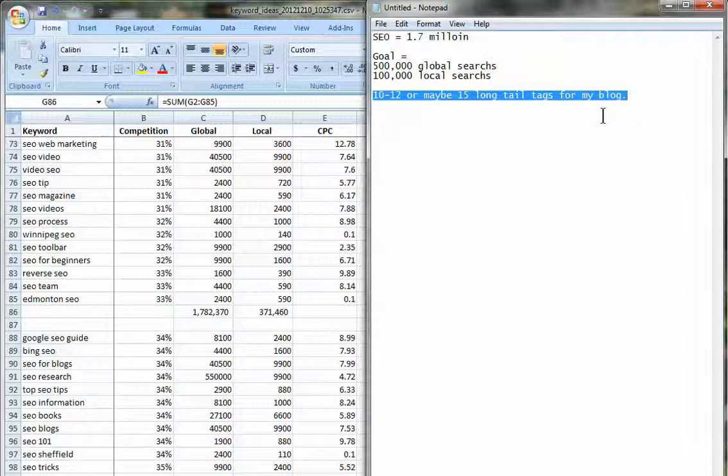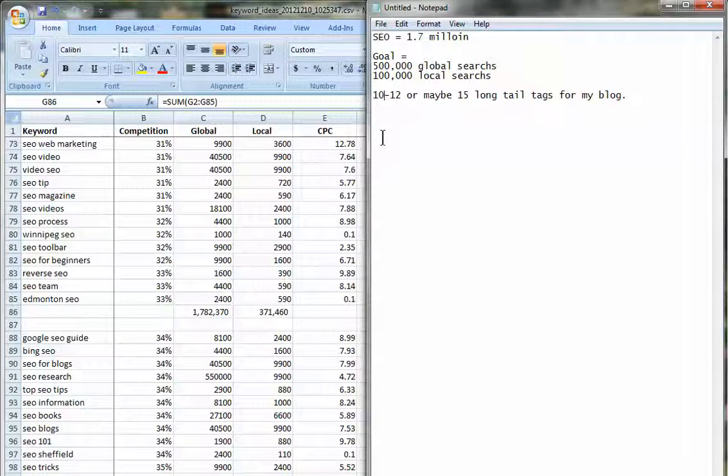Now, why is that? Because your tags create the greatest amount of traffic to your blog post. So this is just one of the steps of creating traffic for your blog post. Highly critical, very important.